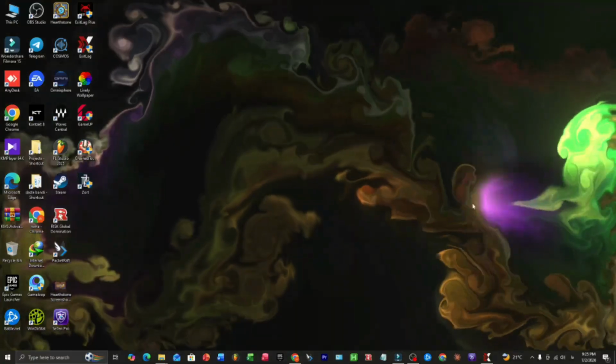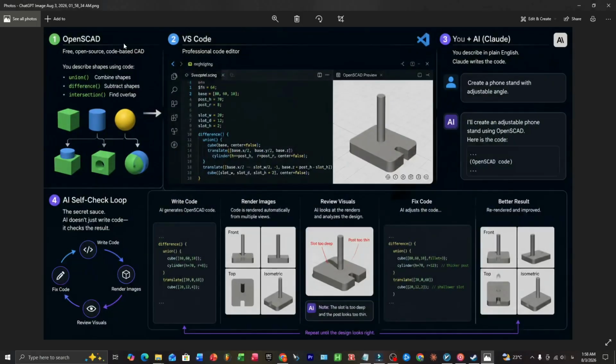Let's start with what each piece of this setup actually does, because understanding the roles clearly is what prevents confusion later. The CAD tool itself, OpenSCAD, is free and open source, and instead of dragging shapes around on a canvas, you write code that mathematically describes cubes, cylinders, and how they combine, subtract, or intersect with each other. That code-based structure is precisely why this pairs so well with an AI model, because generating code from a description is something these models are already exceptional at, far more reliably than trying to interpret and manipulate a purely